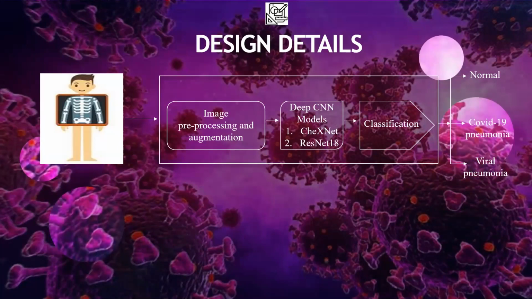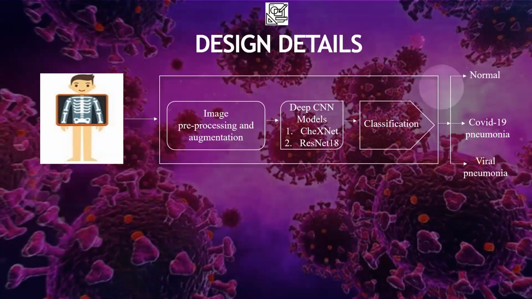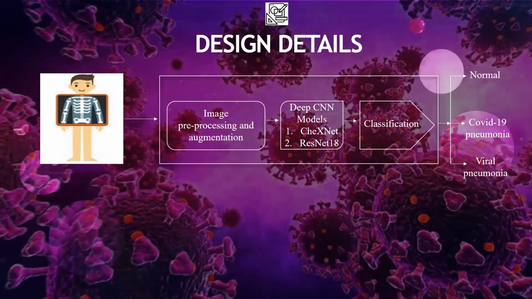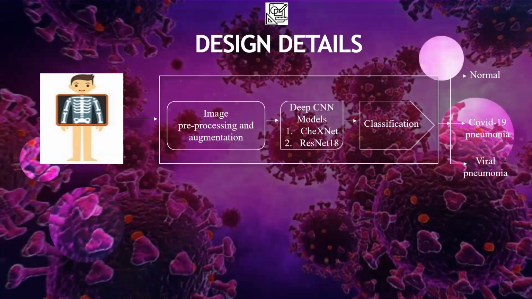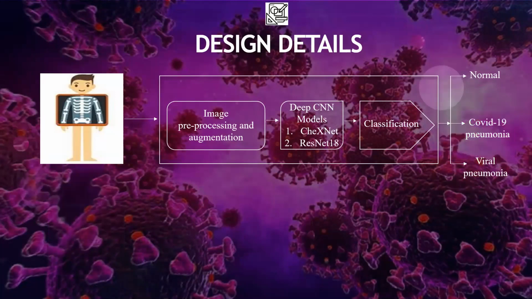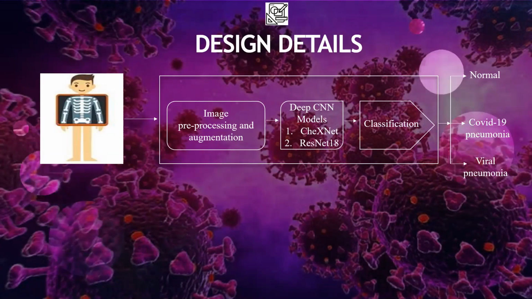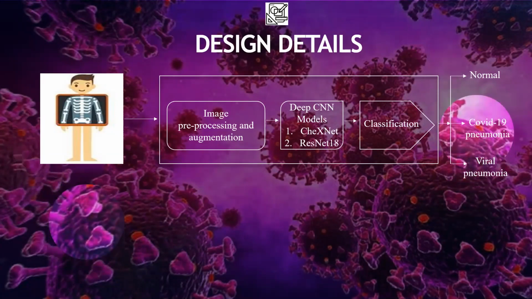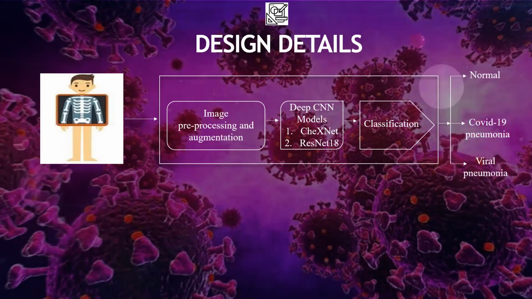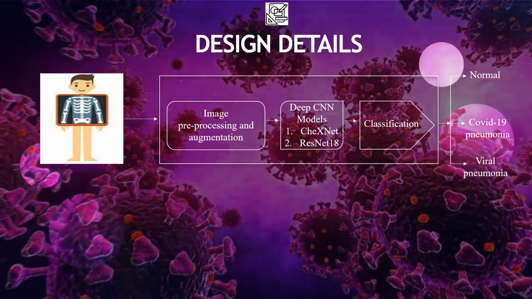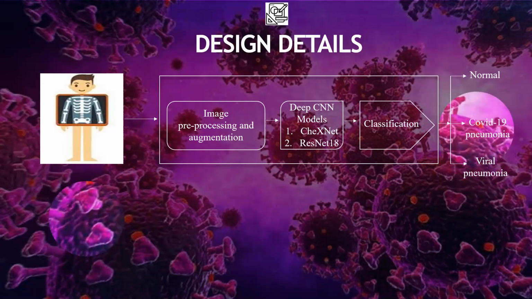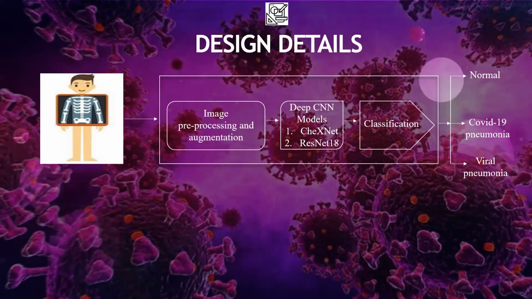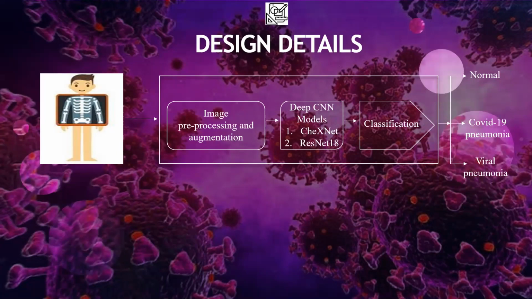After collecting the dataset, we are going to pre-process the data in order to remove the unwanted data, which is not required for disease prediction, and also remove the redundant data. After pre-processing, augmentation will be done. Augmentation will contain two techniques, rotation and translation. Rotation means rotating the images in clockwise and anti-clockwise direction by 5, 10, 15 degrees, and at each degree, it will generate the images. Translation contains translating the images horizontally and vertically.